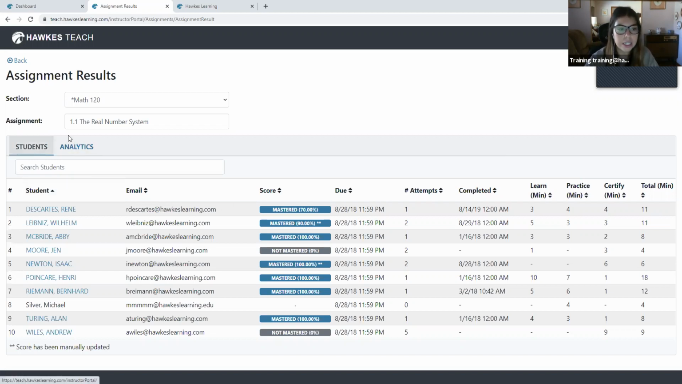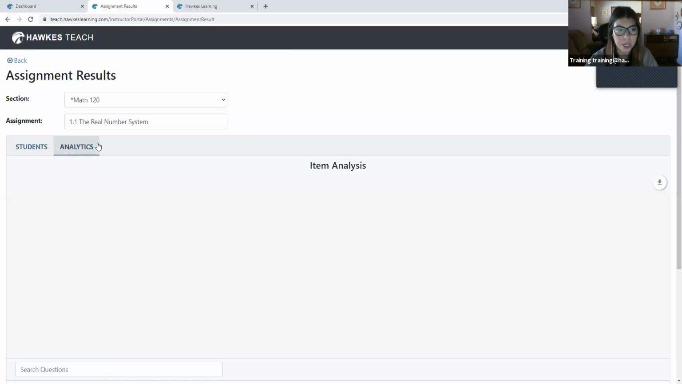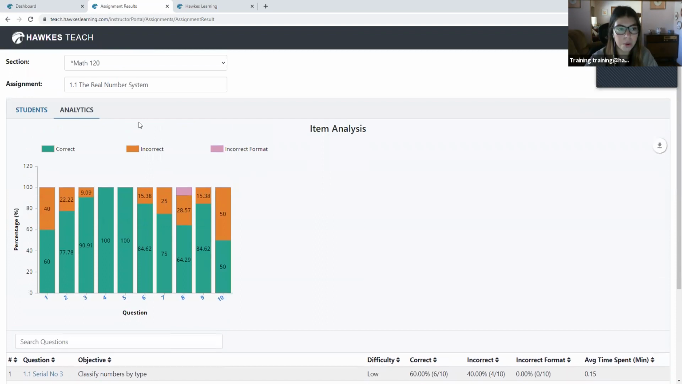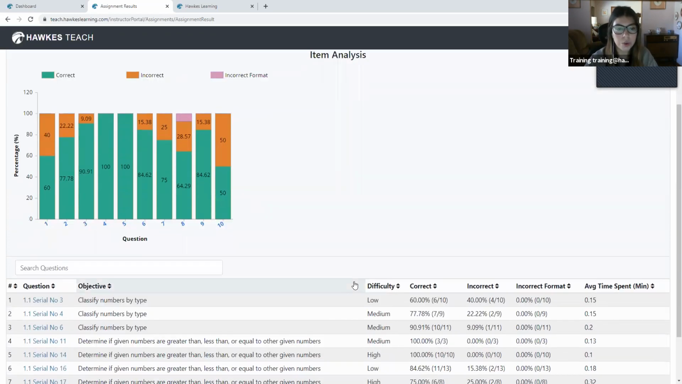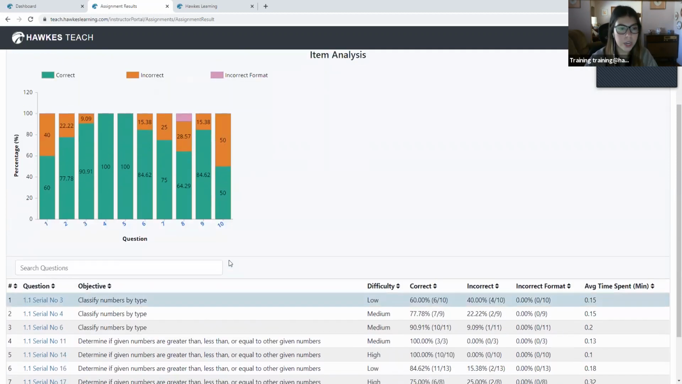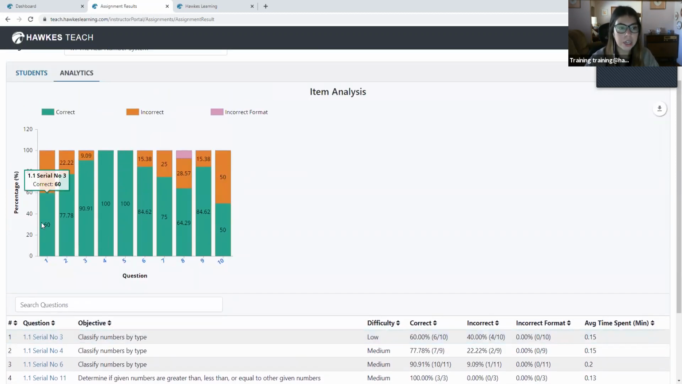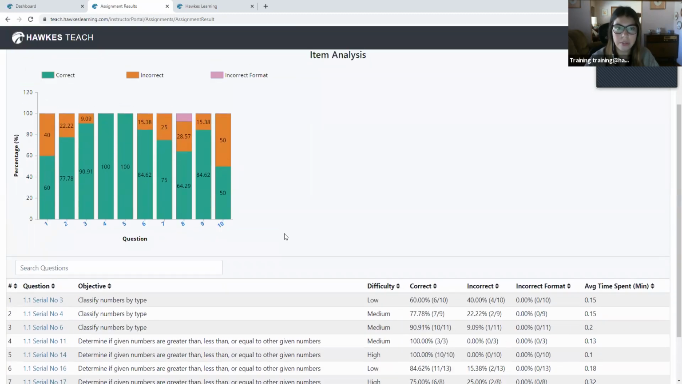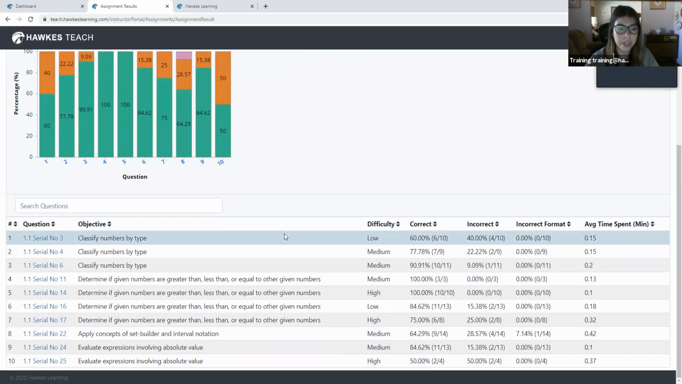And then next is the Analytics tab, which I think is pretty cool because what this is going to do is break down the lesson that you're looking at, so 1.1, and show you all of the individual questions in that lesson. So here we have 10 questions, and we have this graph here to see if the questions were answered correct or incorrect, or even incorrect format. And this is going to be looking at the class as a whole, or that section,